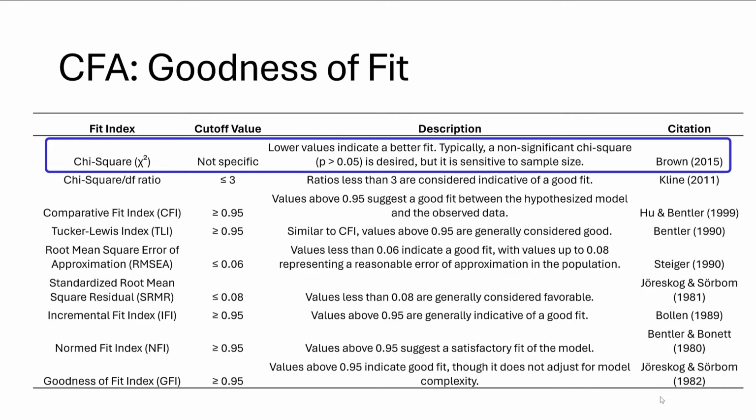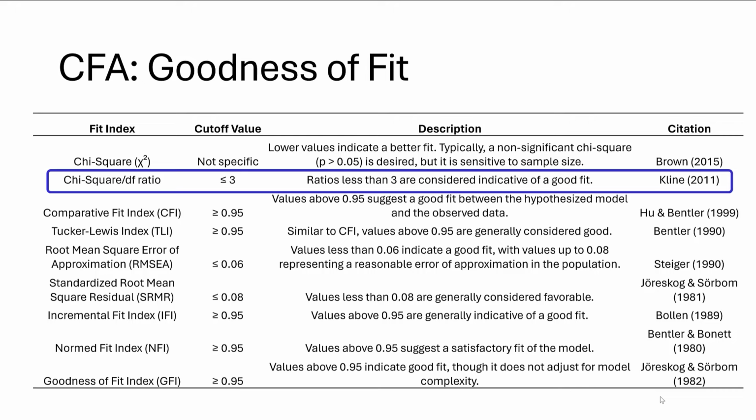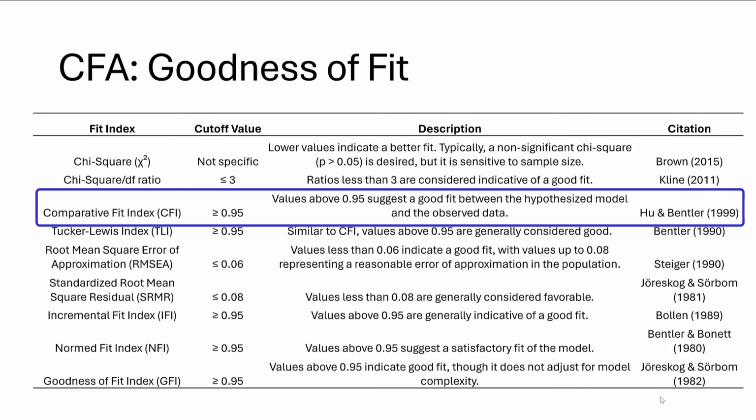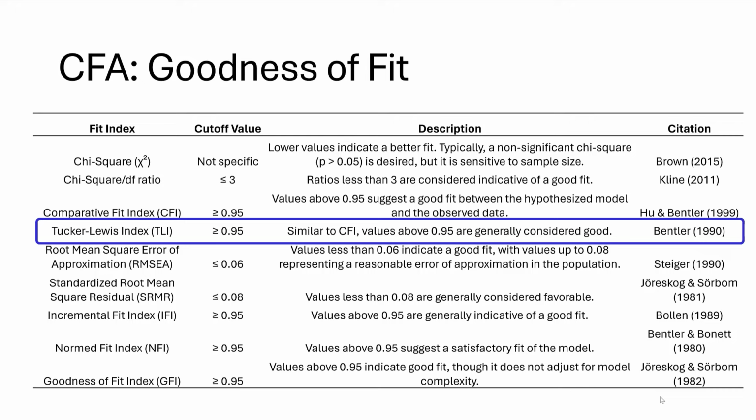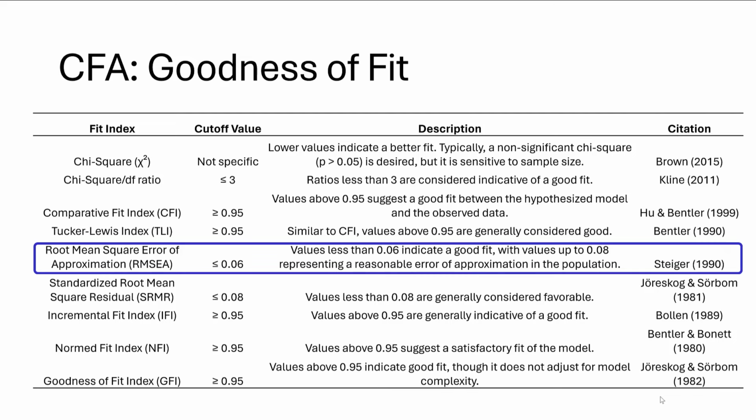Then we have the chi-square to degrees of freedom ratio. So we have a value that is less than 3, or equal to 3, which is indicative of a good fit. For the comparative fit index or CFI, values that are equal to or greater than 0.95 are considered acceptable in the literature. For the Tucker-Lewis index or TLI, values greater than or equal to 0.95 are also acceptable. For the root mean square error of approximation or RMSEA, values should be equal to or less than 0.06. And standardized root mean square residual, values should be equal to or less than